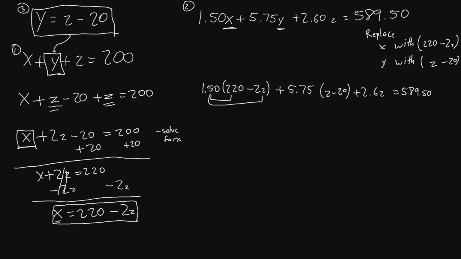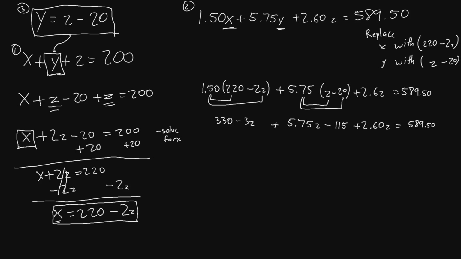If we do this, we'll end up with 330 minus 3Z. Next, we'll multiply the 5.75 by both of the terms in the second parentheses. If we do this, we will get 5.75Z minus 115. And then we add 2.6Z equals